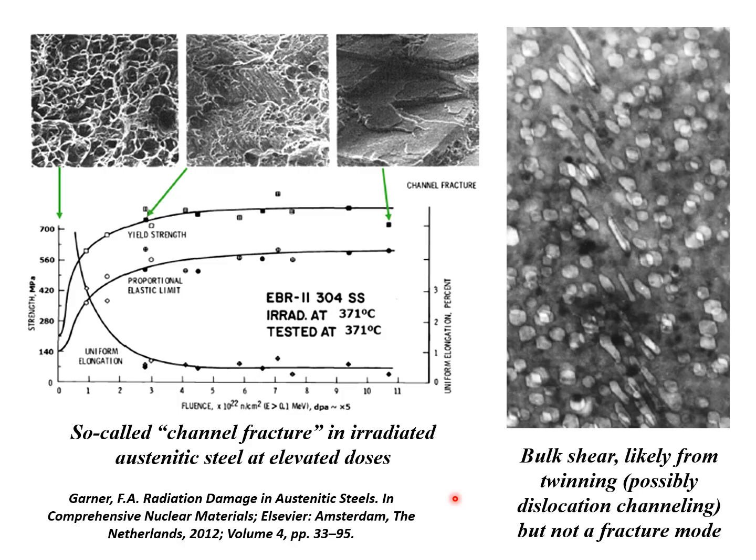So the misconception about twinning is not just limited to how one interprets the TEM micrographs. It also occurs in the interpretation of mechanical effects. So here's an example from Garner et al., where they report on something called channel fracture, and what they imagined is that when you irradiate a material and you look at the strength, the mechanical strength as a function